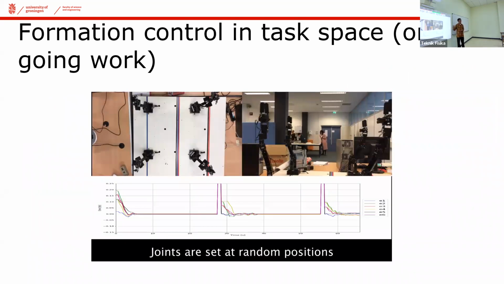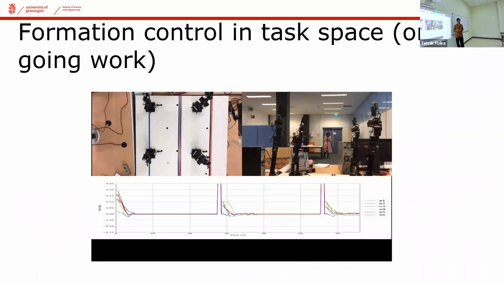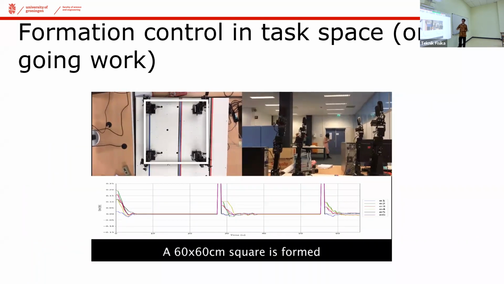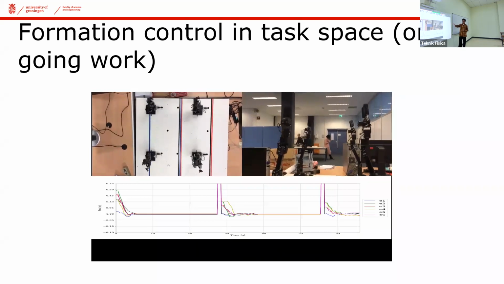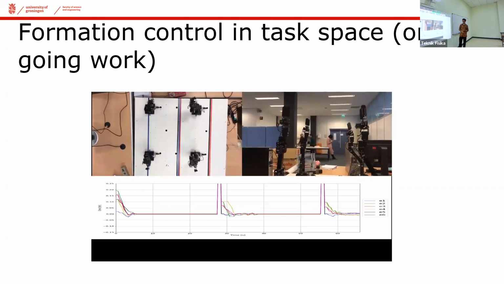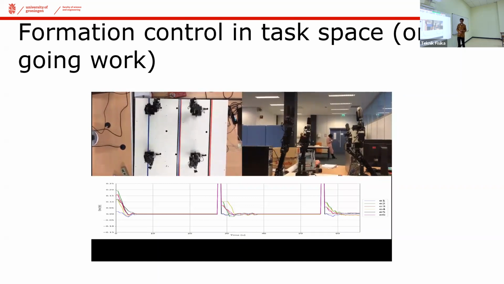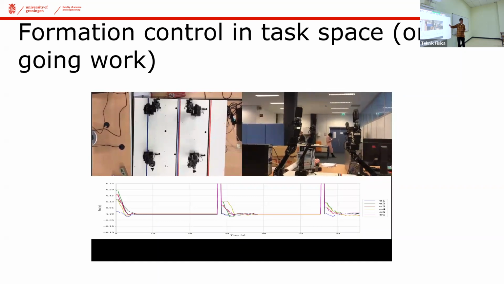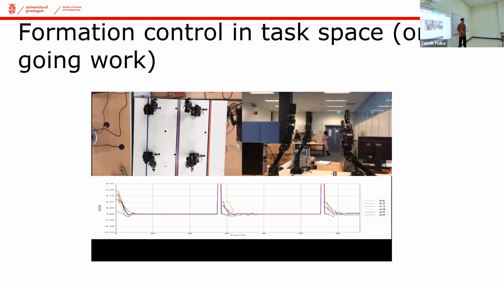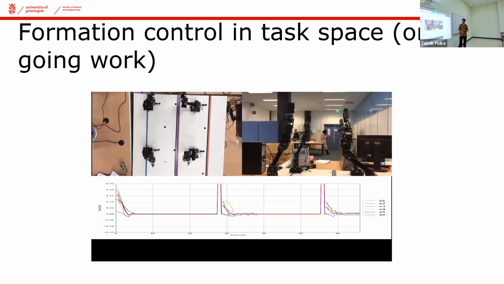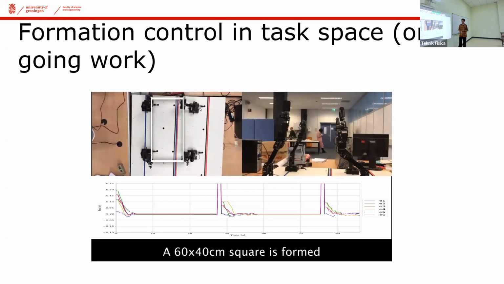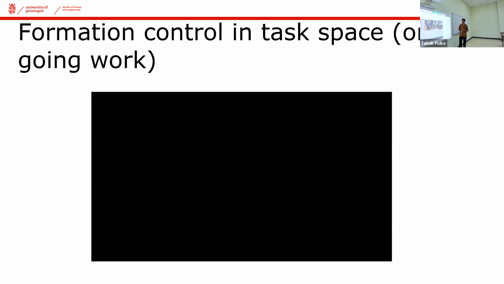This paper is available. We have submitted a paper to IEEE Tech. If you are interested, you can take a look at my website, and it is still on arXiv. So we try to achieve something like this. You see that the base is fixed, but the end effectors try to achieve a certain formation. And I'm sorry that we have quite a bad robot. Its movement is always kind of flexible, but we managed to achieve what we wanted to.